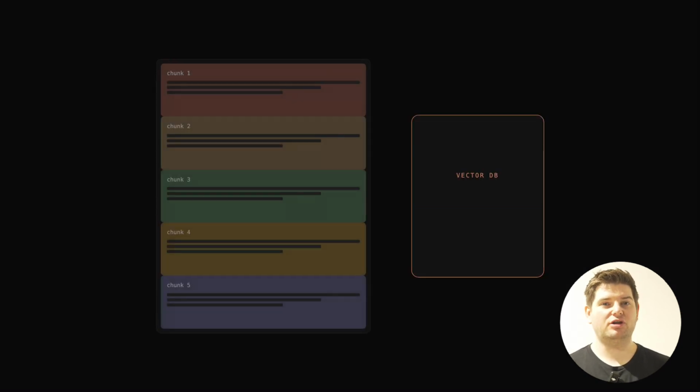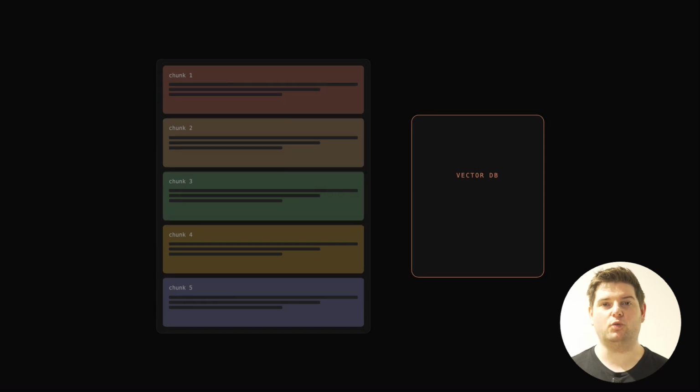Chunking. You don't embed whole documents, they're too big. You break them into chunks of a few hundred words first, embed each chunk, then retrieve the relevant chunks. How you chunk dramatically affects how well RAG works. There are entire blog posts about chunking strategies, and it's more annoying than it sounds.